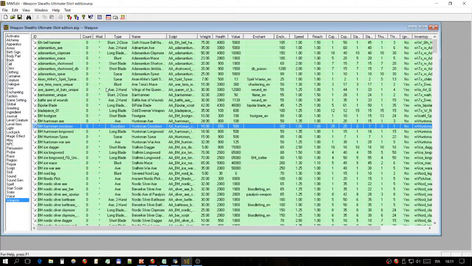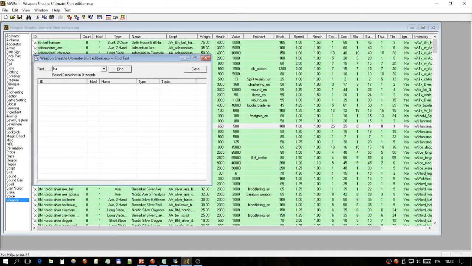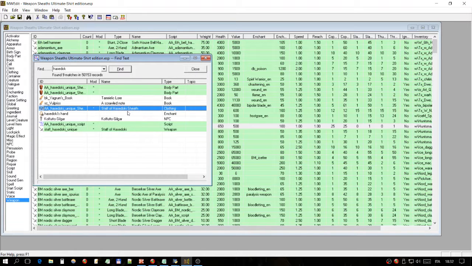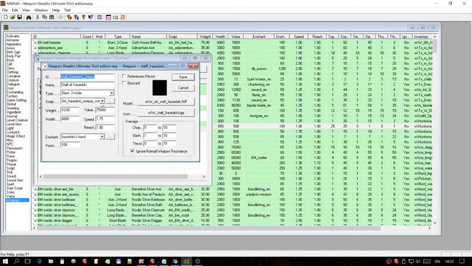But anyway, I'm looking for Daedric staff, so I just write something similar here, and you see it's very easy to find things from MWEdit search, because what is found is easy to click. So you see the mod is adding a sheath, which is a piece of cloth in the shirt slot, I think. But anyway, what I'm looking for is, for instance, this weapon, which has this script now added,